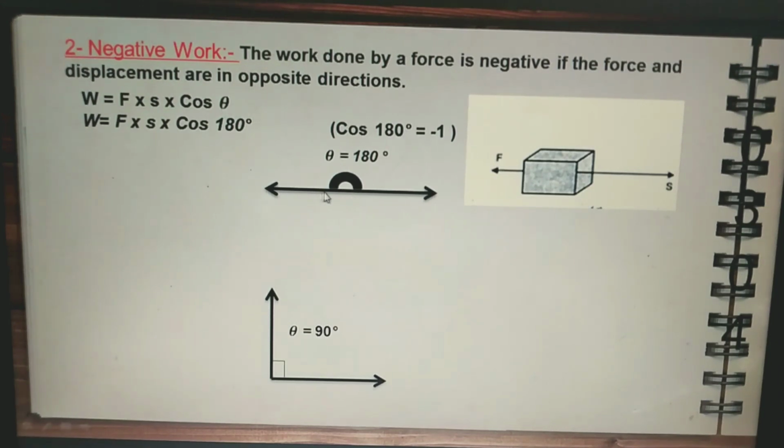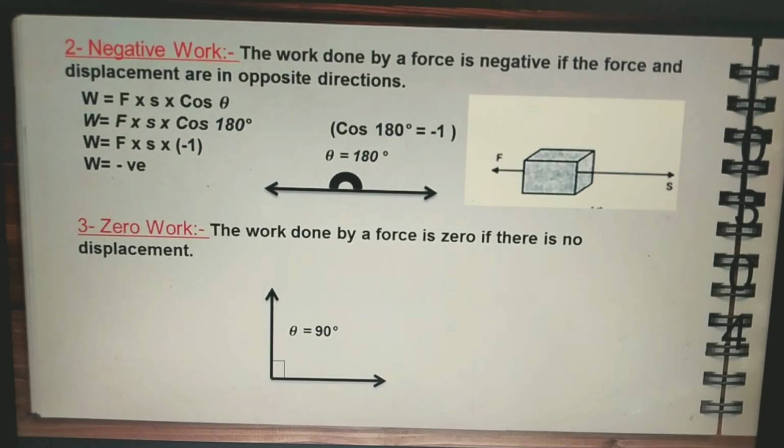Now see the first diagram here. यहाँ पे थीटा का एंगल जो है दैट इज इक्वलेंट टू द 180 डिग्री बिकॉज फोर्स एंड डिस्प्लेसमेंट दोनों अपोजिट डायरेक्शन में, दैट एंगल विल बी इक्वलेंट टू द 180 डिग्री. नाउ कॉस 180 डिग्री की वैल्यू होती है दैट इज -1 एंड आफ्टर पुटिंग द वैल्यू वी विल गेट द आंसर इन विथ नेगेटिव साइन विच शोज दैट द वर्क डन विल बी नेगेटिव.